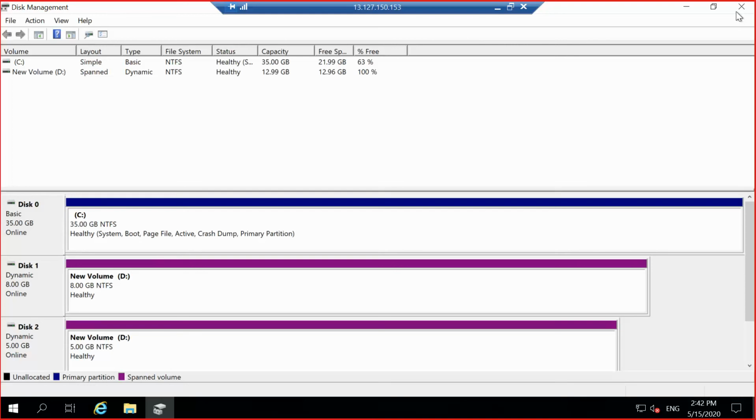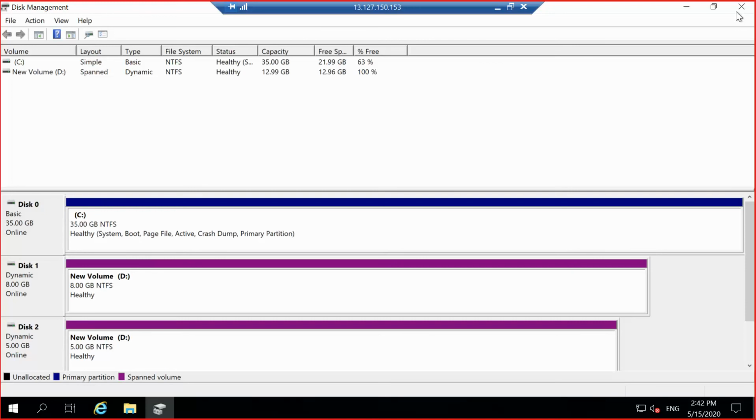The D drive is spanned, yes, but C is simple. Simple means we just increased the existing drive. The D drive is not created like that. We created two different volumes and made them show as one drive in the Windows machine.